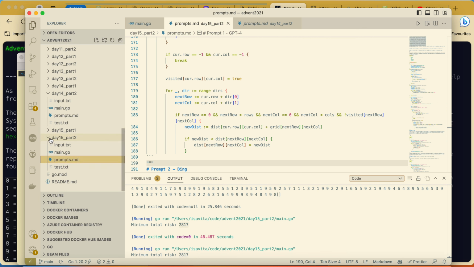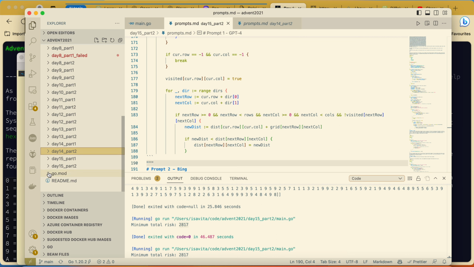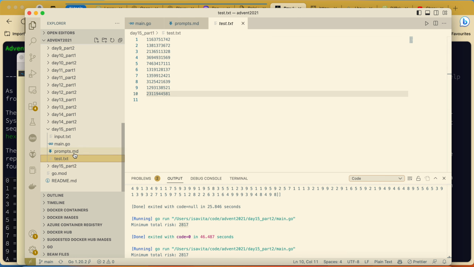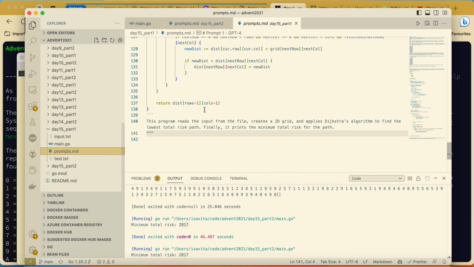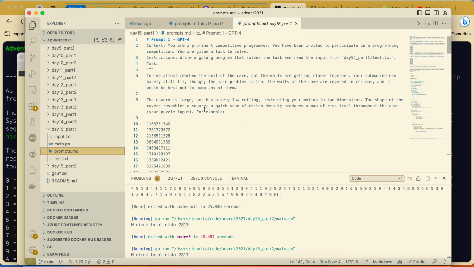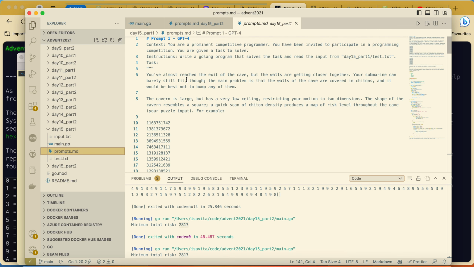For each day we have actually two folders, one for part 1, one for part 2. We have a very simple structure. Input file, that's our final input that we need to solve the problem with. We have test input, some sample input from the problem description, usually to test our program, and all the prompts that we have used so far.